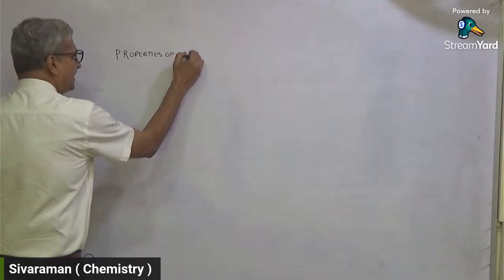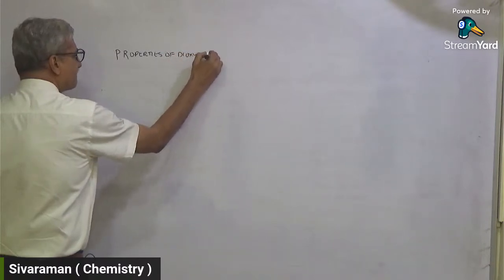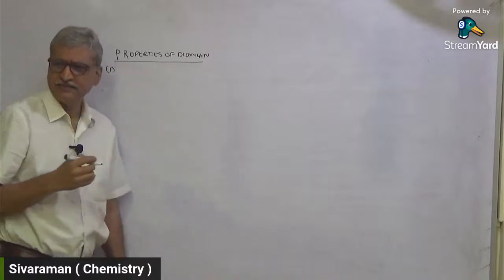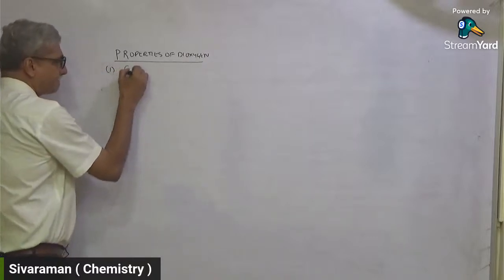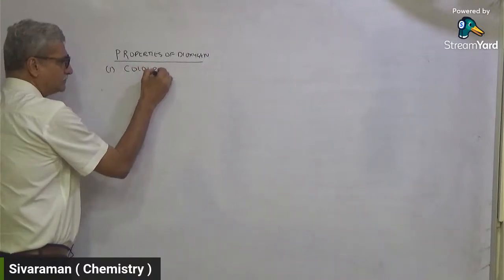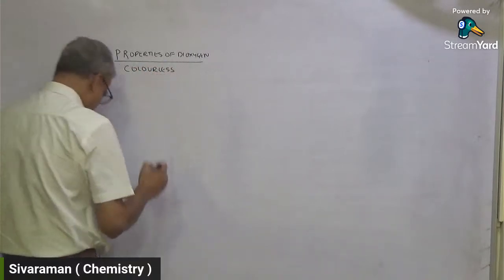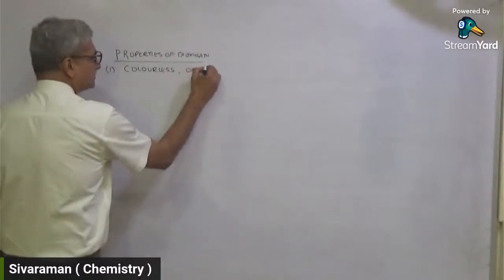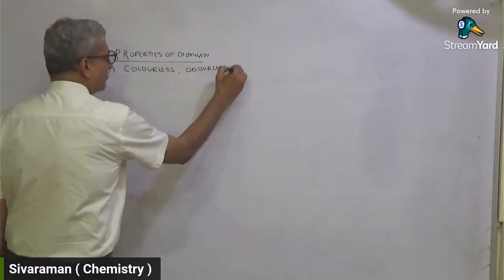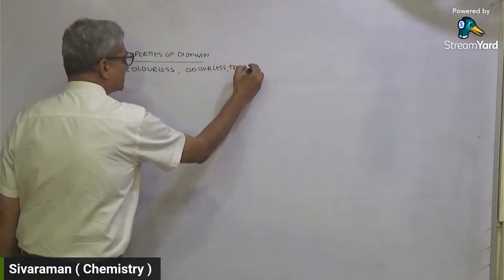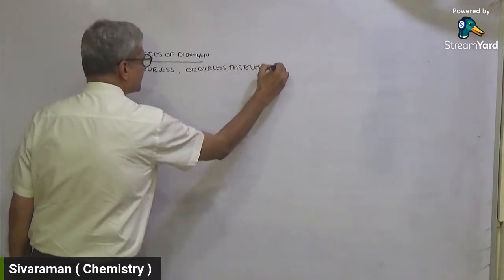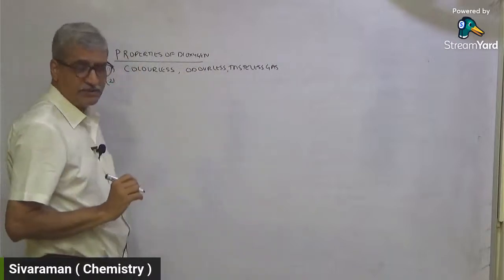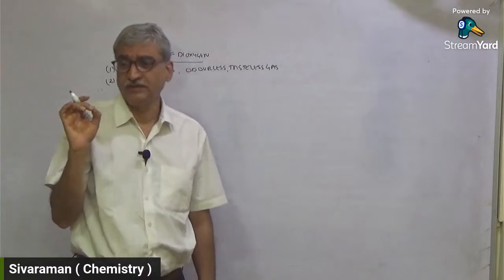Properties of dioxygen. Obviously, the first one is that when we look at it, it is in the gaseous state. It is a colorless, odorless, tasteless gas. The second is it is sparingly soluble in water, but that sparingly soluble has a lot of weightage,